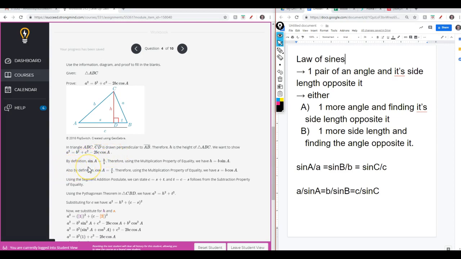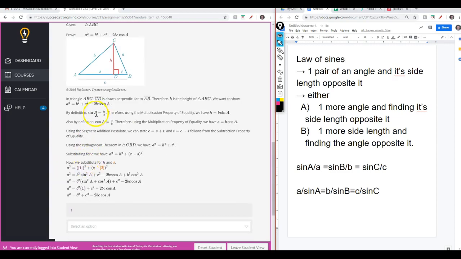By definition of sine of A, the sine of A is equal to h divided by b. Again, because of this angle, the opposite side length would be h, and the hypotenuse in that triangle would be b, so it would be opposite divided by hypotenuse. Therefore, using the multiplication property of equality, we have h equals b sine of A. Alright, so they just multiplied both sides by b right there to reduce that down to a 1 and solve